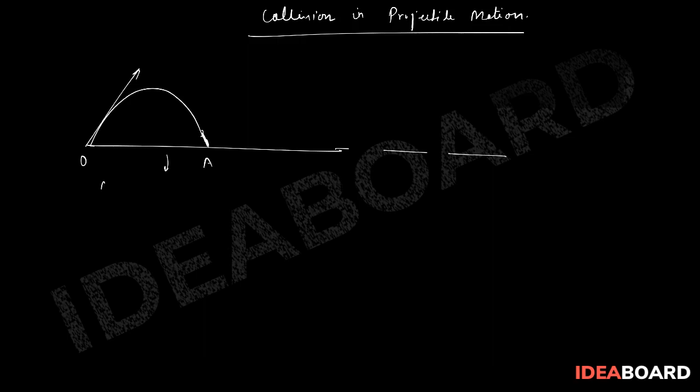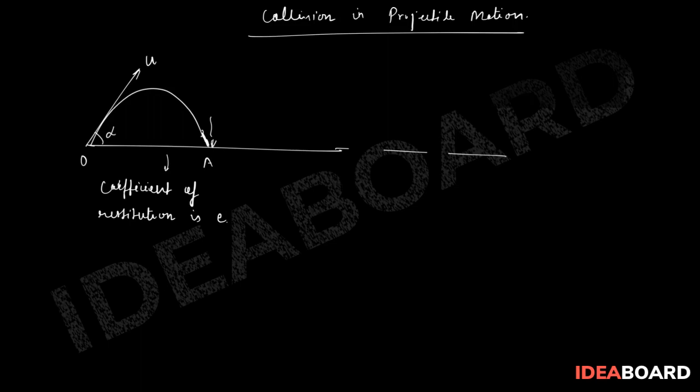Now what is given? Coefficient of restitution is e. Now if that is true, and the initial velocity, let's say u, and the initial angle is, let's say, alpha, then again it will hit and then it will further go after the collision, and it creates the situation like this